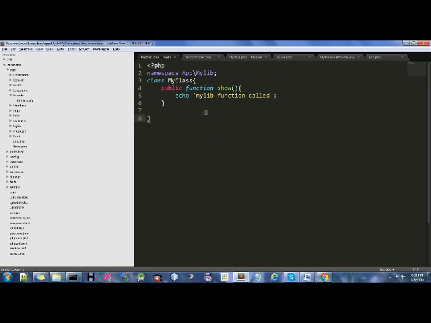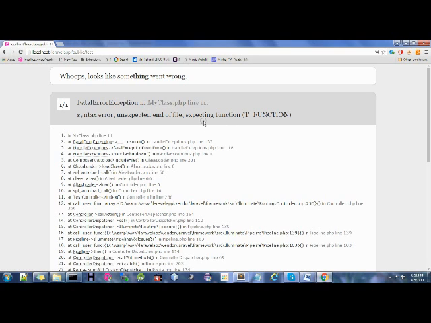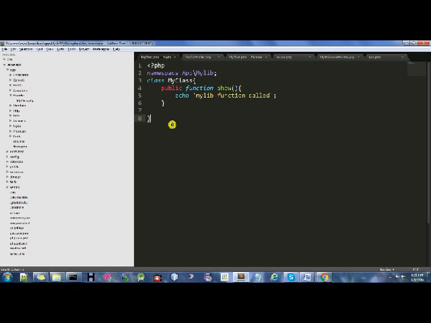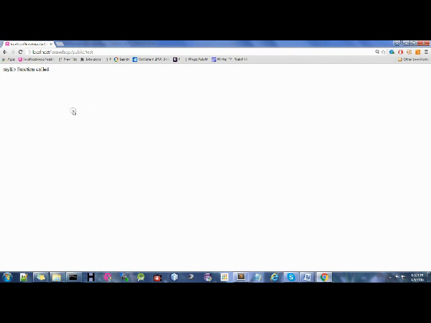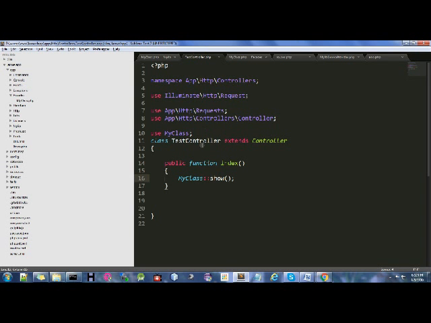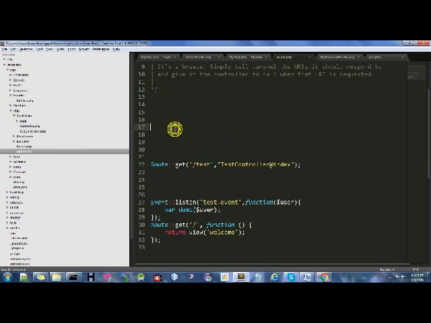In my class.php at line number 11, we have some error in the my class file. Oh, we forgot to include the second bracket, this is the class bracket and this is the function bracket. So yes, we have done the task completely.